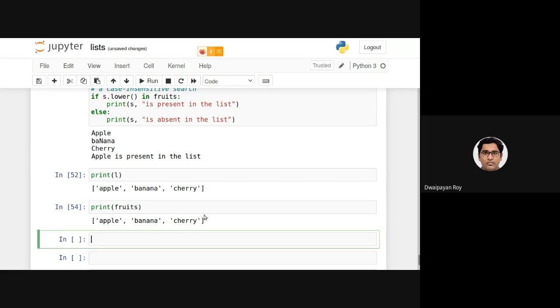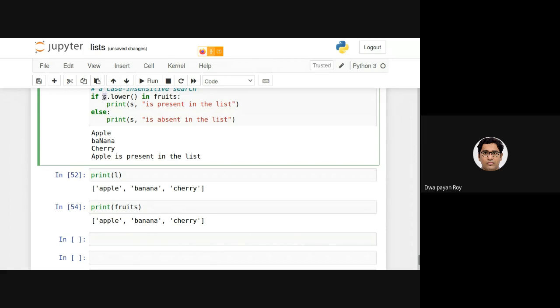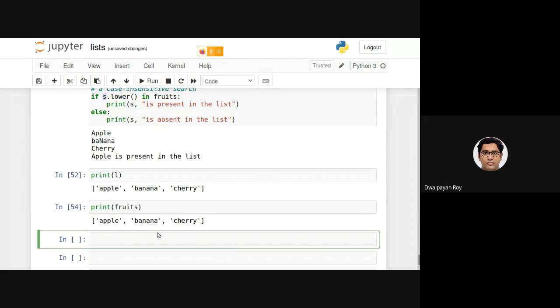Now, what if I just want to search the existence of an item in this list? Let's say again, I want to search S, right? So I'll be checking whether the count of S in this list is greater than 0 or not.